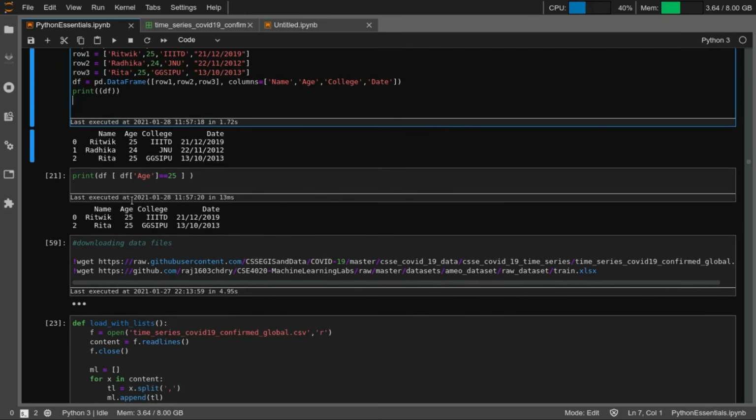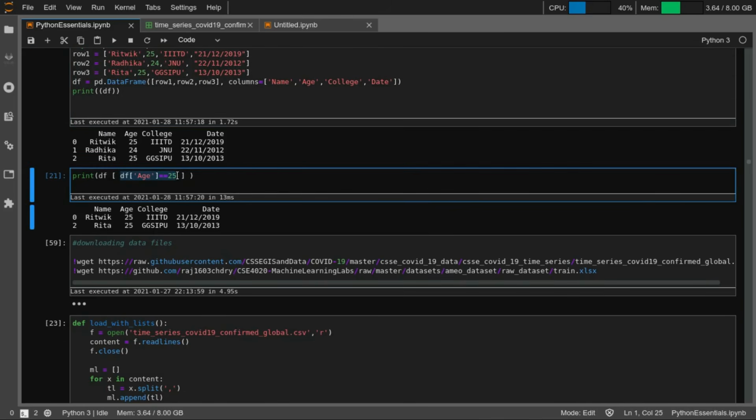Now you can do certain filtering operations quite easily, right? So you can see that this comparison statement is there, where you're comparing the age column against a particular number. What this comparison will give is, if there are 3 rows, an output of three elements, consisting of boolean values, true or false. For every age value that is equal to 25, it will give true, and for anything else that doesn't satisfy this statement, it will be false. So the output will be true, false, true. You can print that also and see.